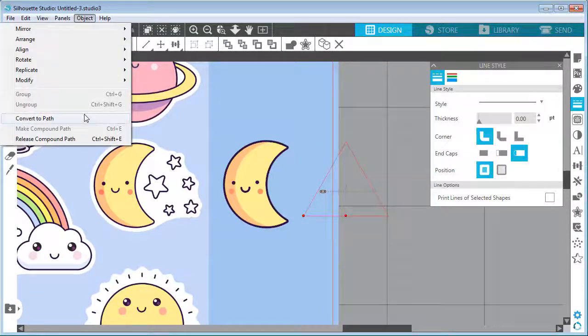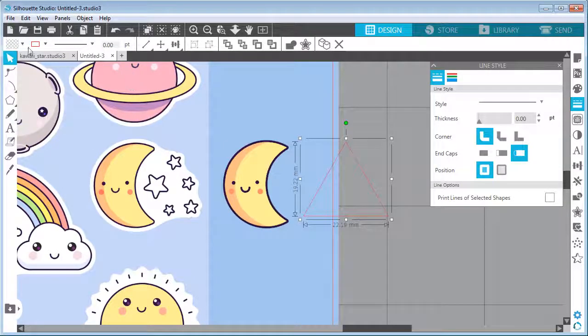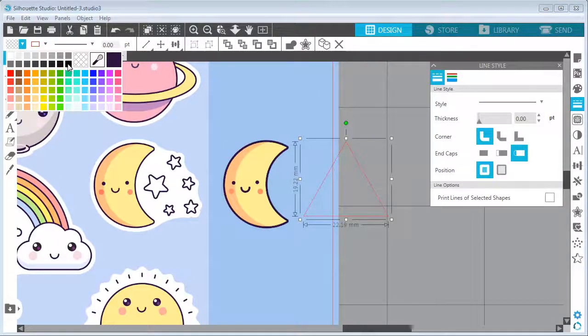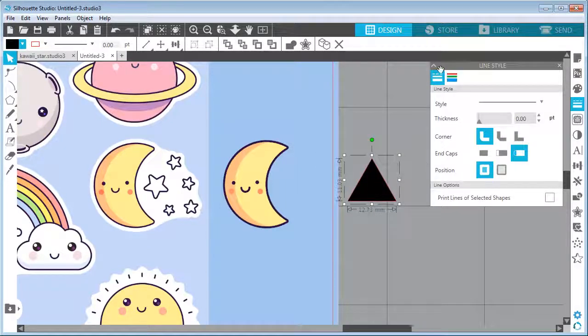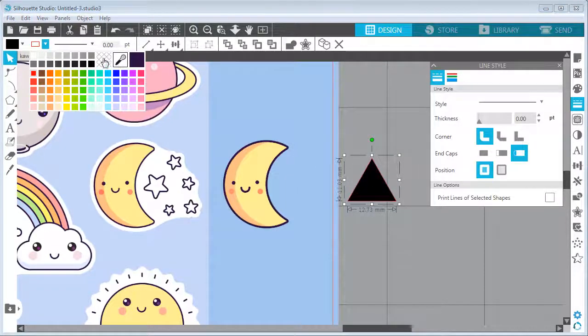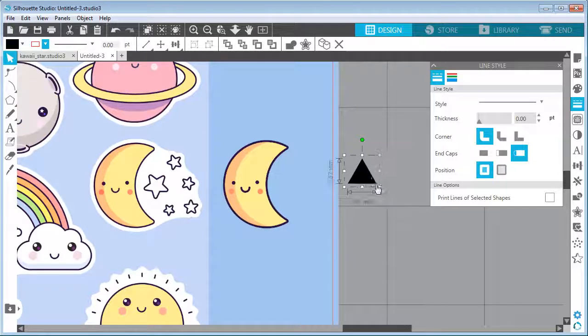And I will select Object, Convert to Path, because I want to work with this later on. I can probably change the fill color just so we can see it better. And one thing which we can do as well is set the outline to no outline. Okay, so let's do it like this. Now what I want to do is position this one spike over the circle 5 times,